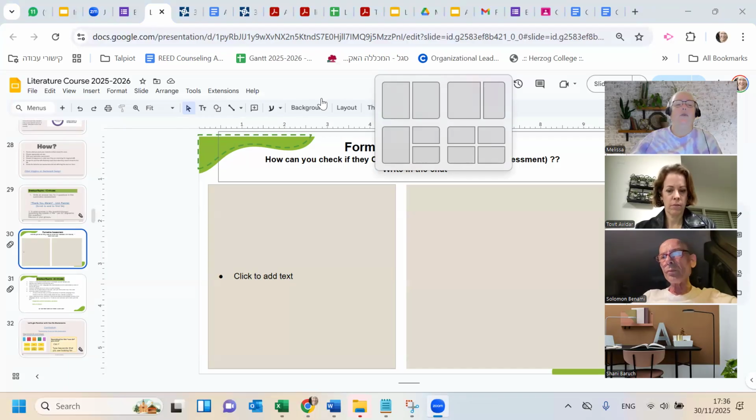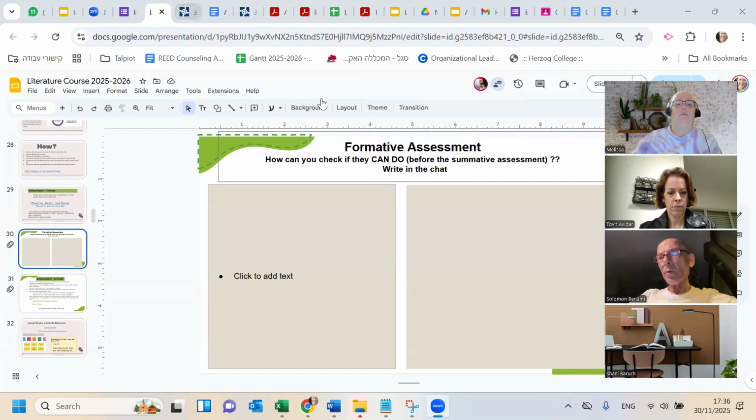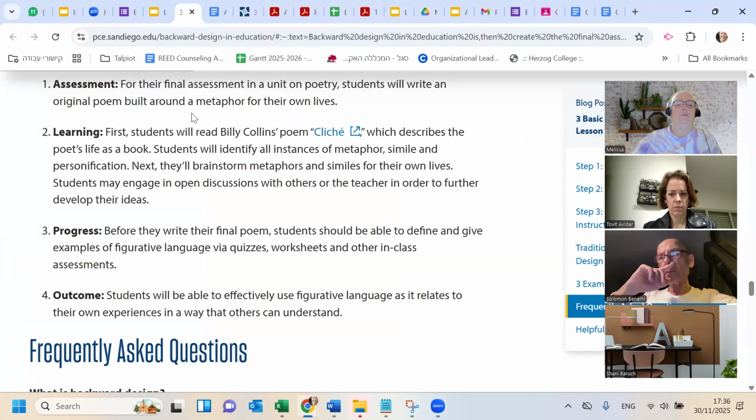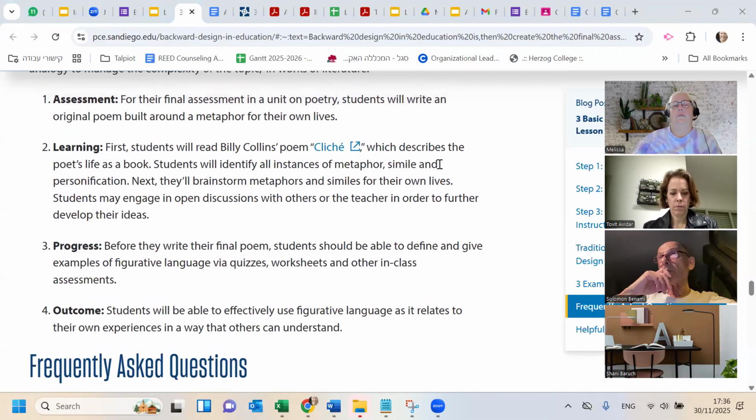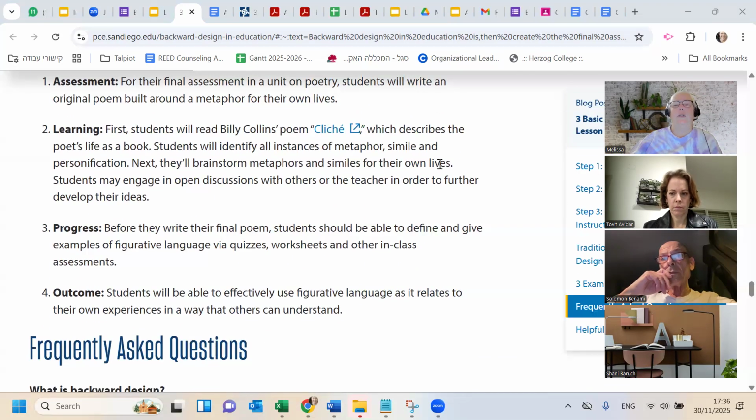Elliot Wiggins mentioned a few in his article. What did I do tonight at the beginning of the session?